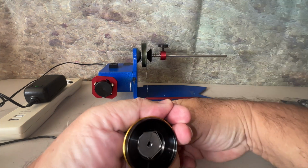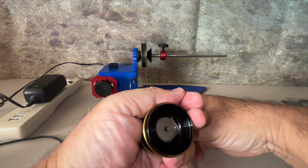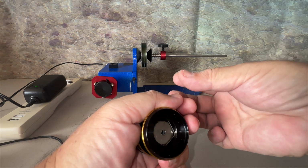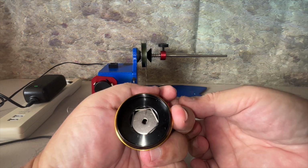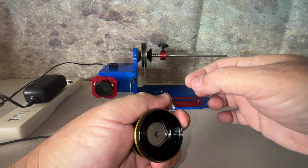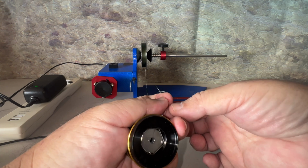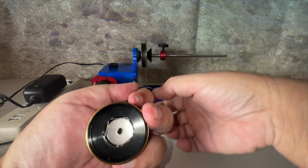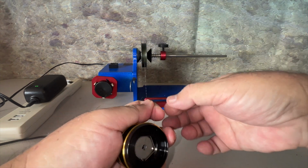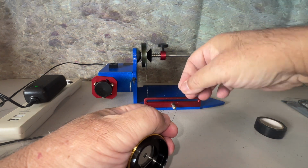I'm going to take 1, 2, 3, 4 wraps around. Go underneath through the loop. Come up. So see, this is the loop I just made. I'm going to go through that loop one time,